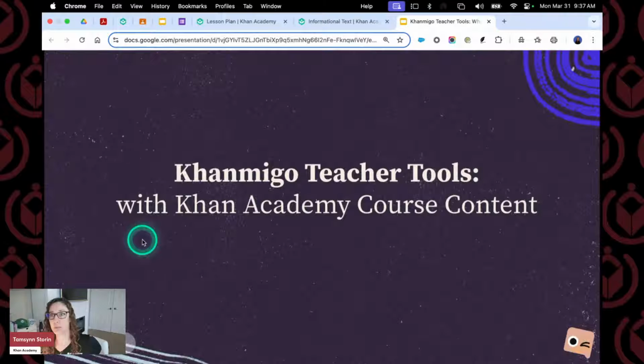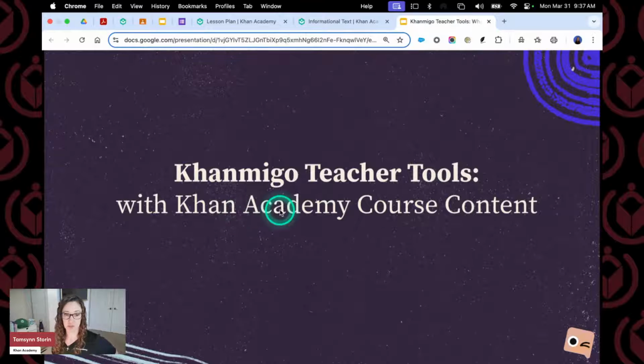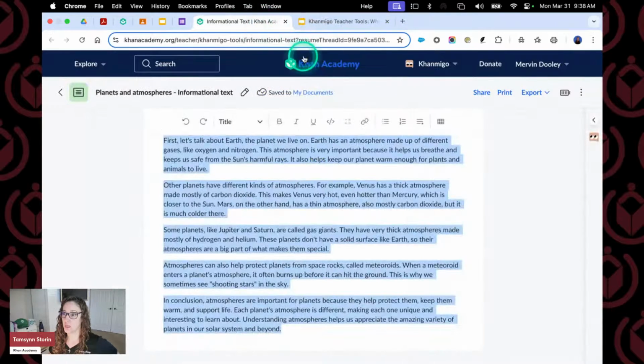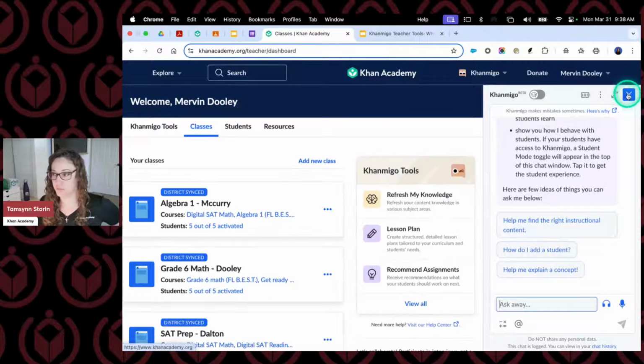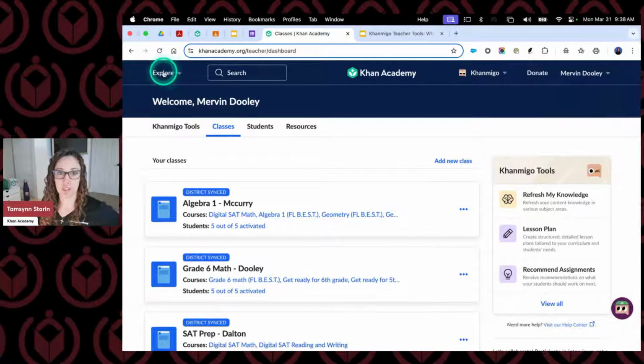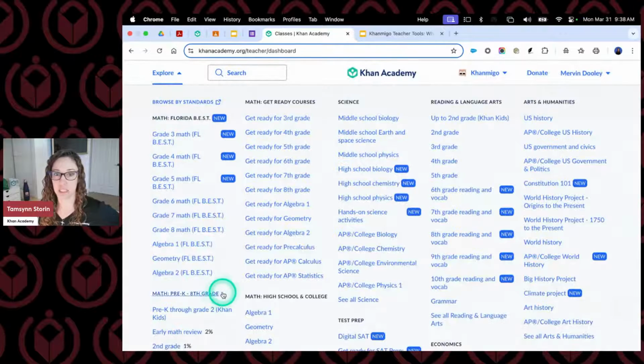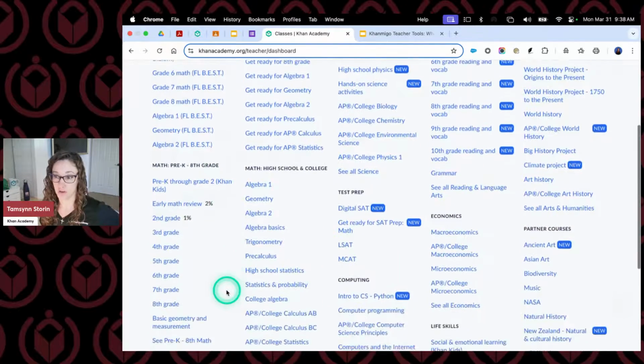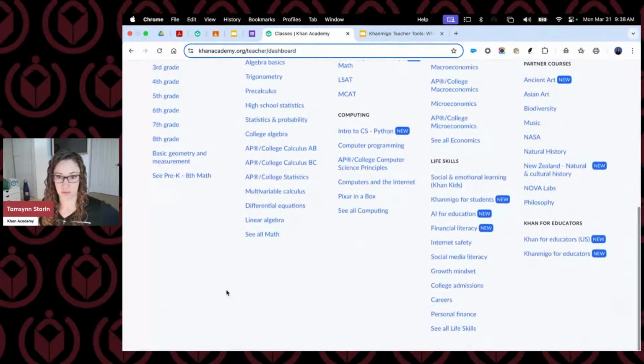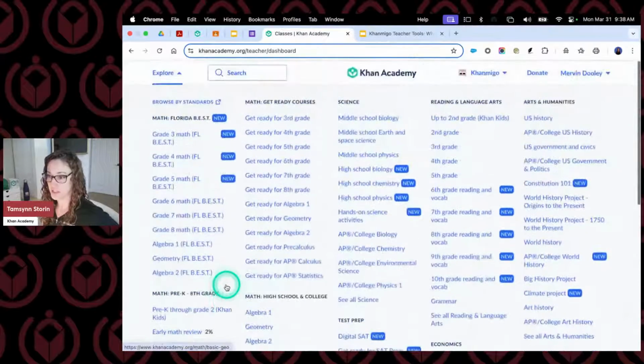The last place that I'm going to go into and have you guys look around is you can also do all of this, like I just showed you in that last example, using Khan Academy course content. So what does that look like? When you're in, I'm going to close this out. When you're back at your home page, on the top left, you'll see this little Explore tab. And when you click on it, it's going to give you a list of all of our courses that we have available that are free and for you guys to use.